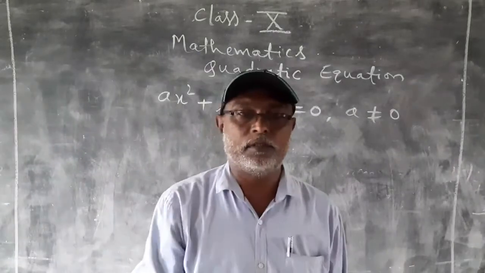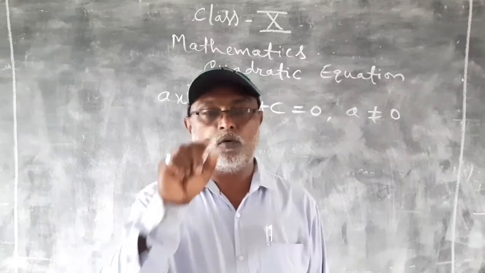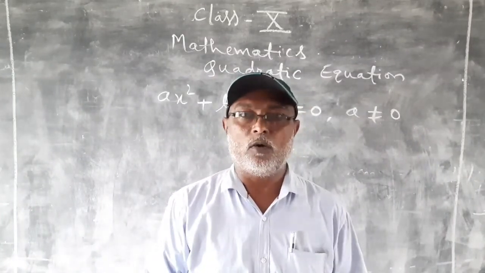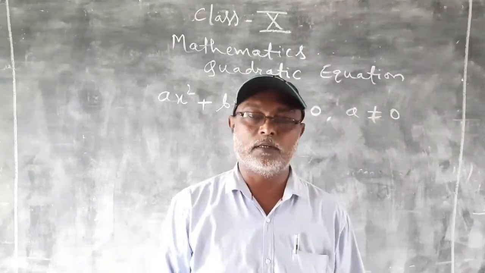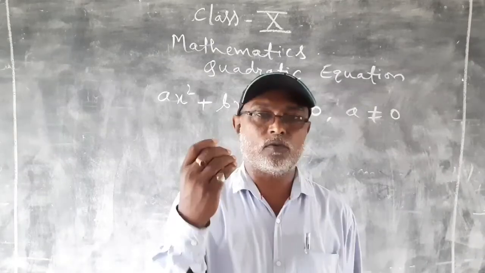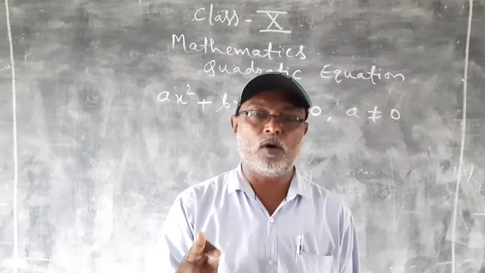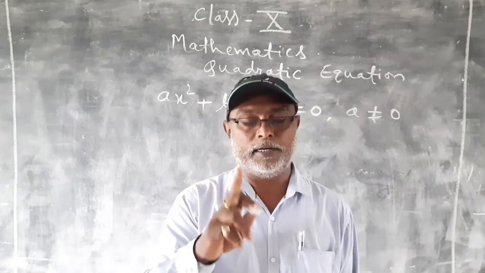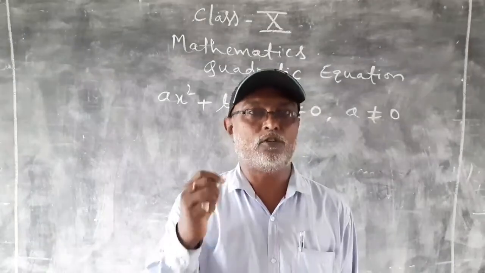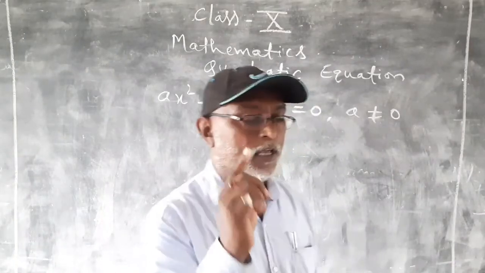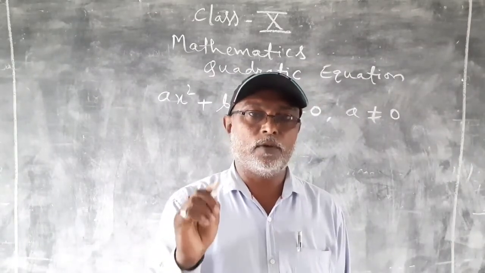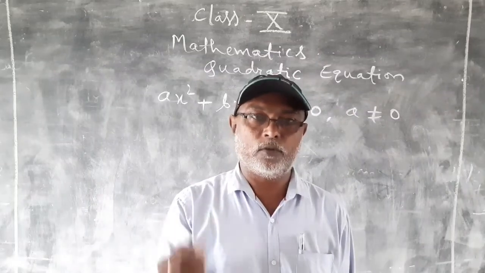There are two terms, quadratic and equation. Quadratic equation combines both. Now what does quadratic mean? What is an equation? At first we have to understand the two terms. Quadratic comes from the polynomial, quadratic polynomial. Quadratic polynomial means the polynomial whose degree is 2. Now if the quadratic polynomial is equated to 0, then the equation is termed as a quadratic equation.